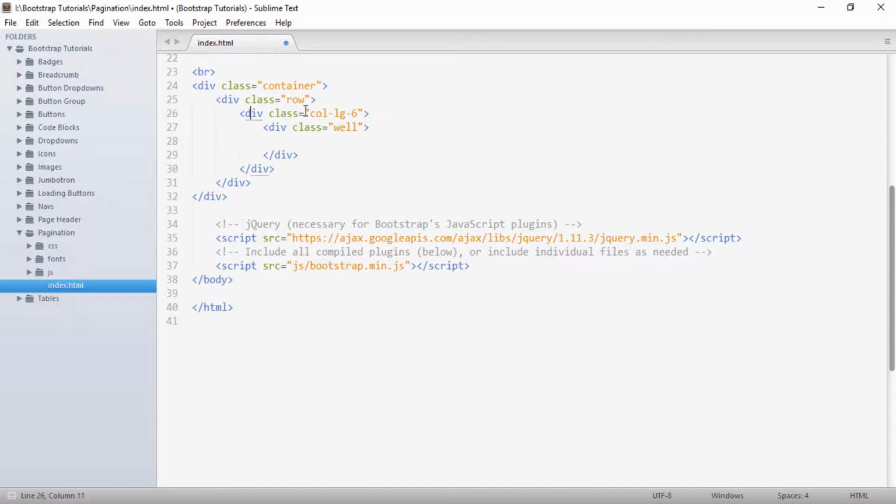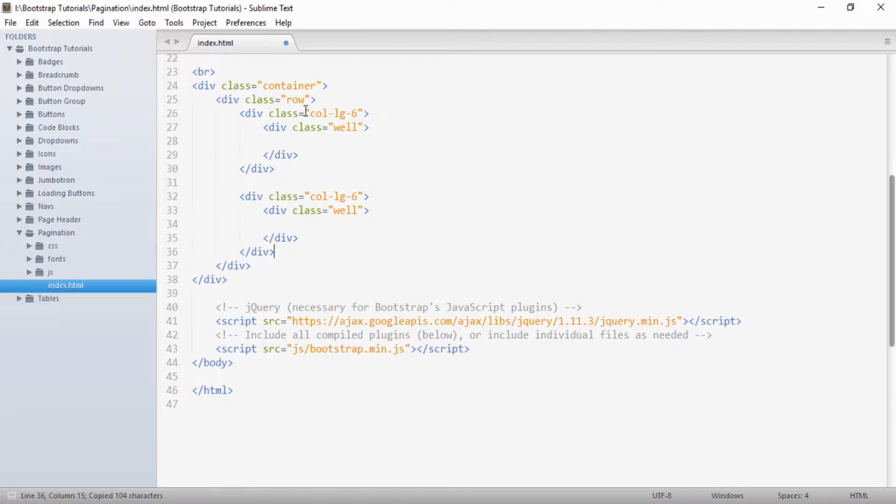and I will copy this and paste it below. First I will demonstrate a simple pagination, which is the default pagination. So I will provide a heading as default pagination.